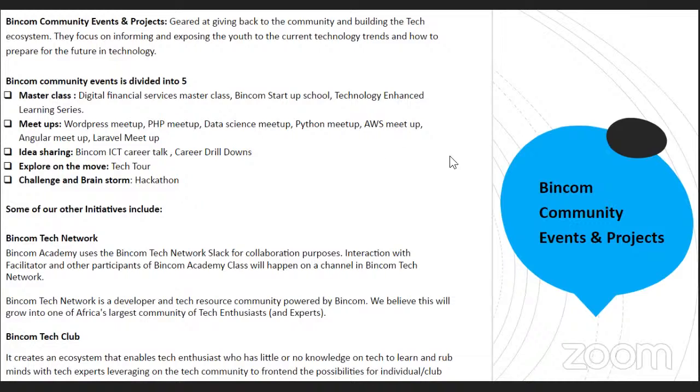So some of our other initiatives include the Bancom Tech Network. The Bancom Academy uses Bancom Tech Network Slack for collaboration purposes. Interaction with facilitator and other participants of a Bancom Academy class usually takes place in a dedicated channel in the Bancom Tech Network.